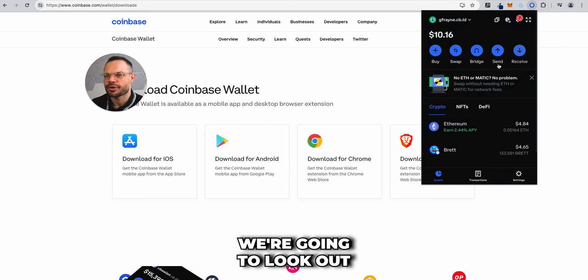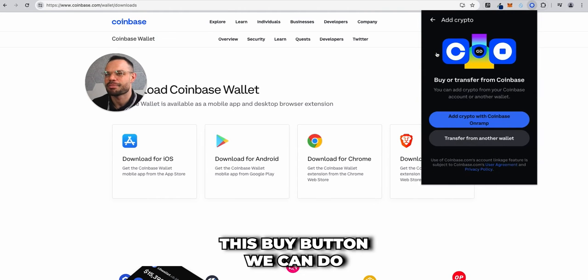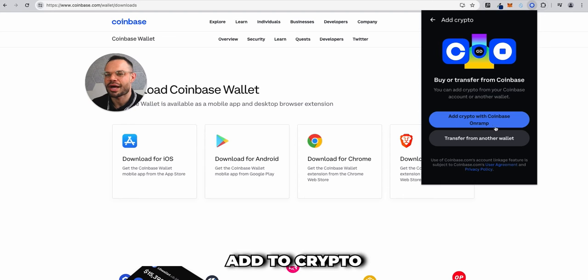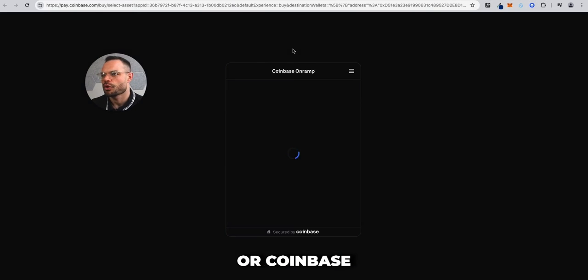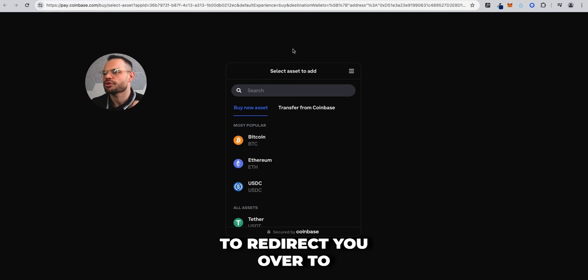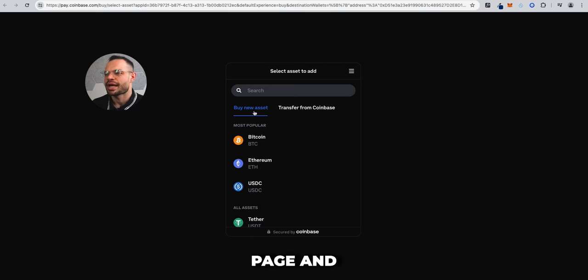We're going to show you two main ways to add funds to your wallet. The first option is to buy funds. So if we click on this buy button, we can add crypto with the Coinbase on-ramp, or we can transfer it from another wallet. We're going to look at both of these options, but the first one is adding via the Coinbase on-ramp. This is going to redirect you over to this particular page,